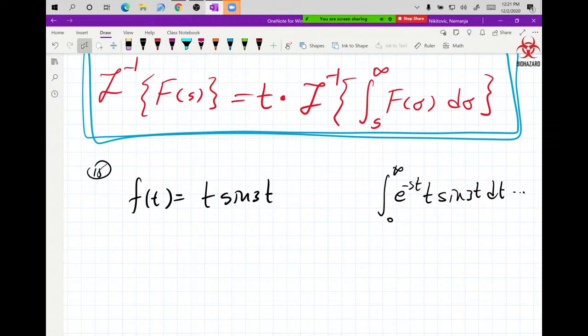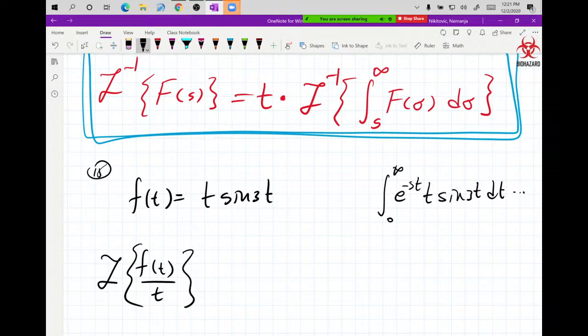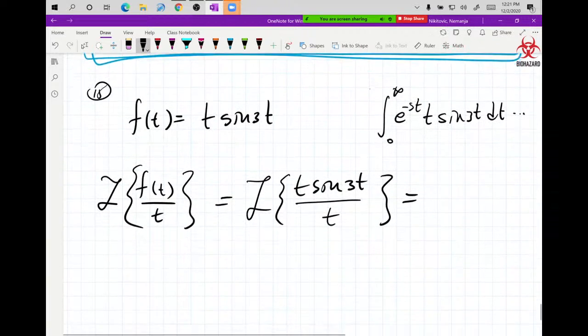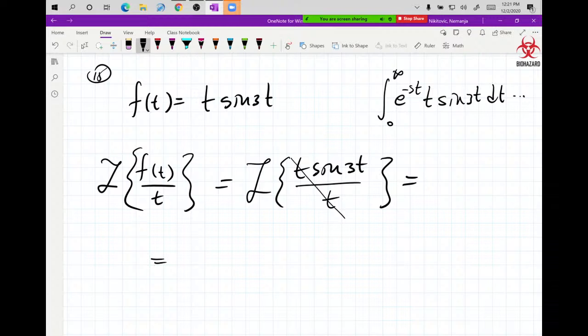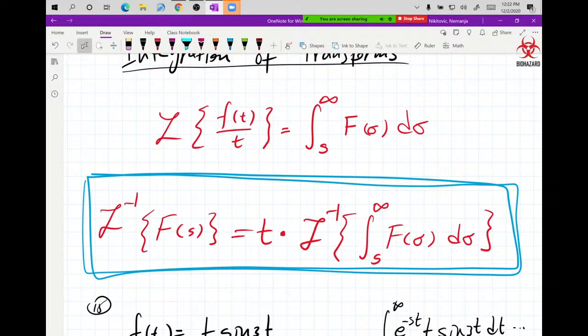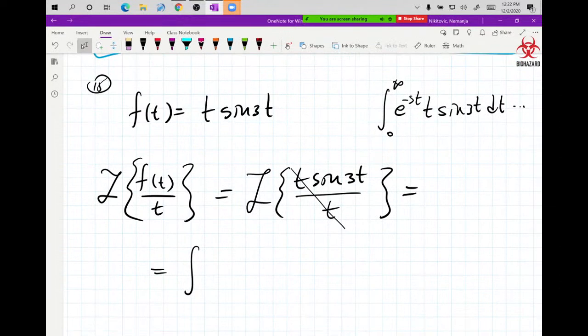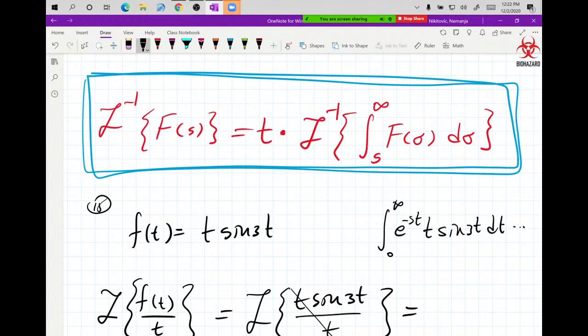So Laplace of t sine 3t over t is going to be, see, these guys cancel, the integral where that t is gone, and all I have is the integral from s to infinity of the